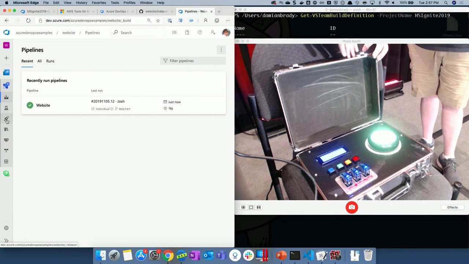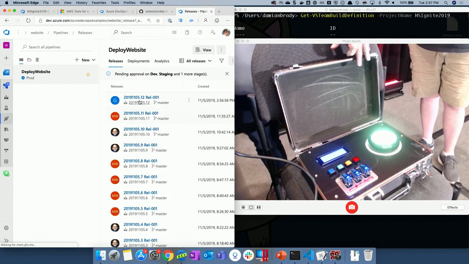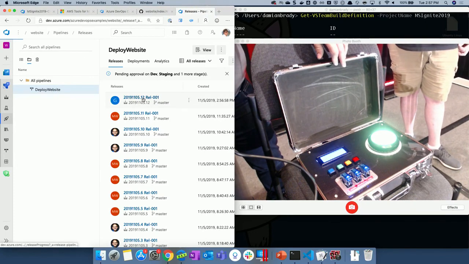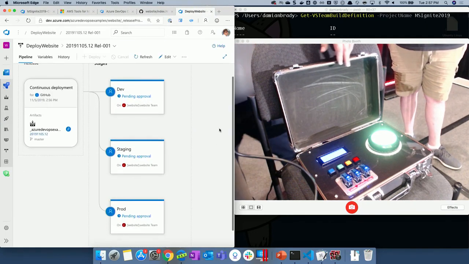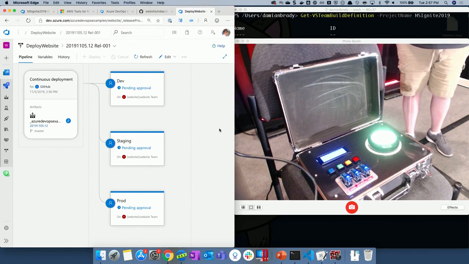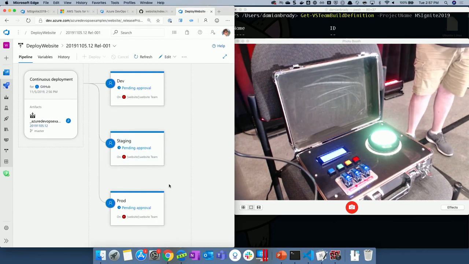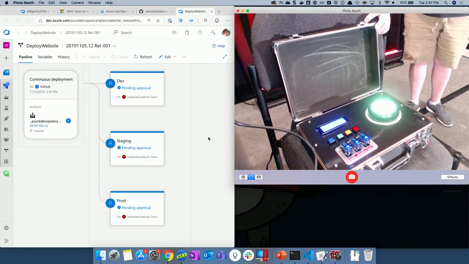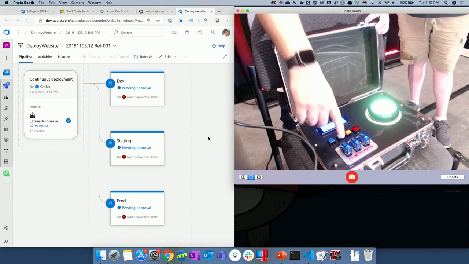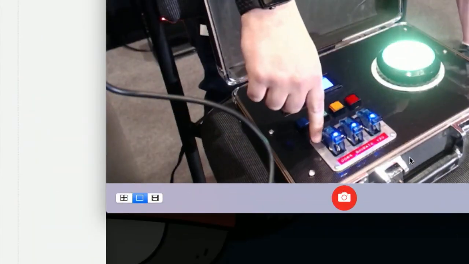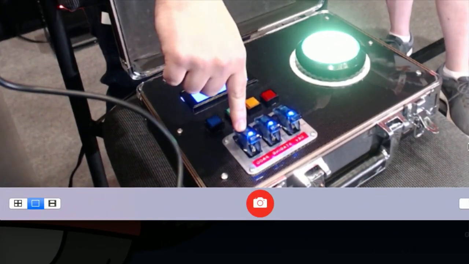And also what we'll notice is if we go back into the release for me and click on, yep, that's the one. We'll see that there are currently release approvals pending. Now, normally you don't queue up dev, staging, and production. You normally chain them, but hey, we're on stage, so let's do it. If you notice down here, 3 lights have lit up, which give you the ability to deploy to the different environments. These are the ones that are awaiting approval.